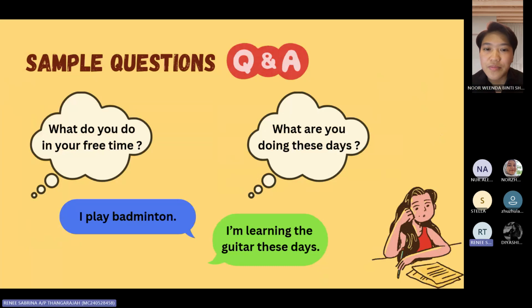Okay, now that we have talked about the common mistakes, let's move on to something fun. Later, you're practicing with a partner, okay? In this activity, you will ask and answer a few simple questions using the two tenses we have just learned: present simple and present continuous.